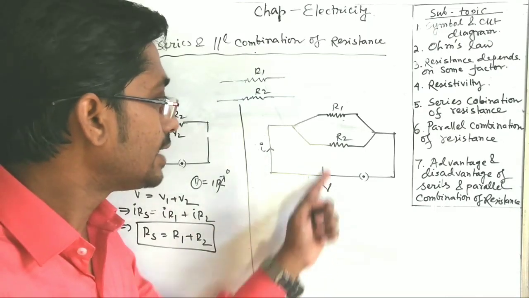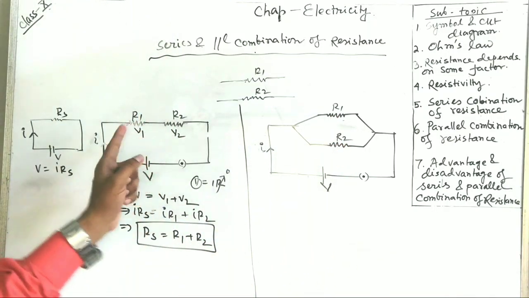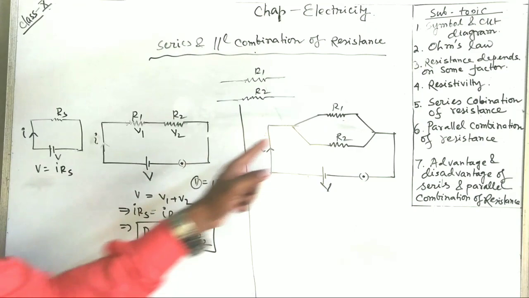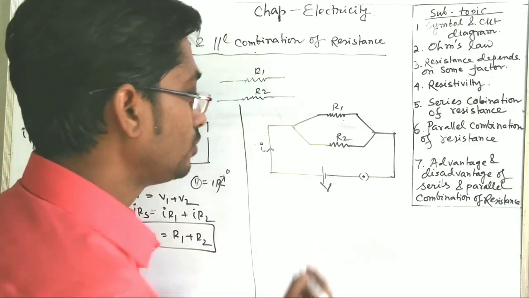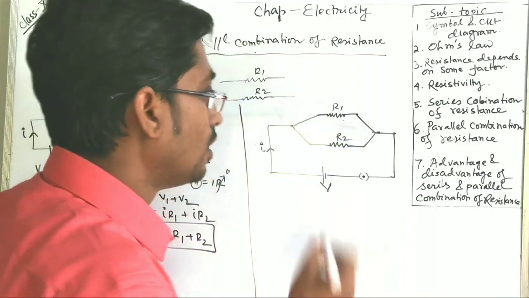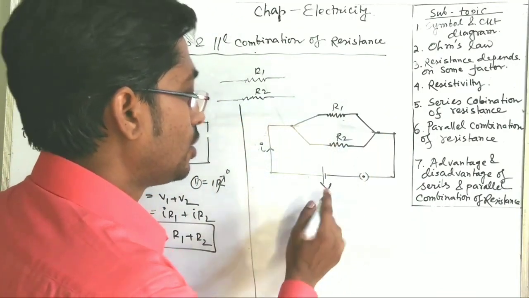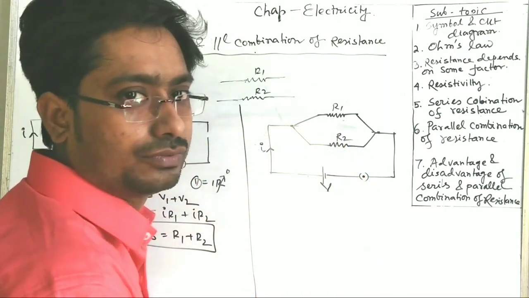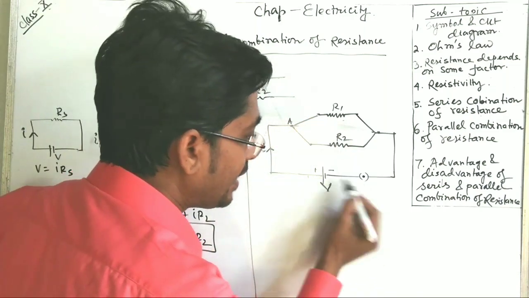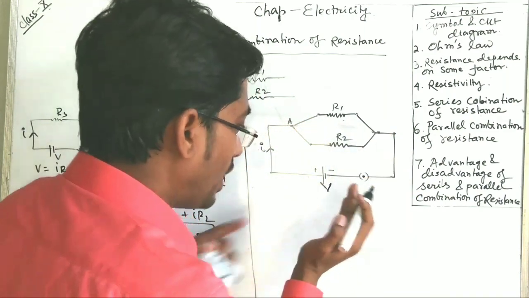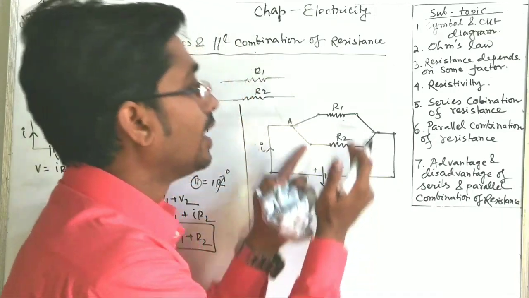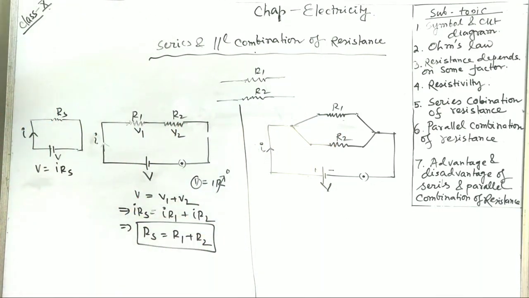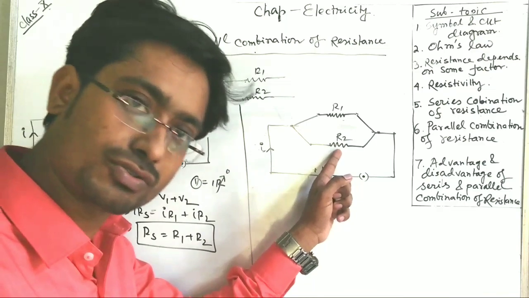In this case, the voltage across the two resistances will be the same. So that is the difference. In series, if we add the voltage across the two resistances, we get the main driving voltage. But for a parallel resistance, I have told you that up to this point no voltage drop occurs. Voltage drop only occurs across the resistances. So whatever voltage we have applied in the cell, the same voltage will be applied on R1 and R2. What voltage I have fed, that is V, actually appears across both resistances. So we cannot write the equation V is equal to V1 plus V2, because the voltage here is V, and here is also V.